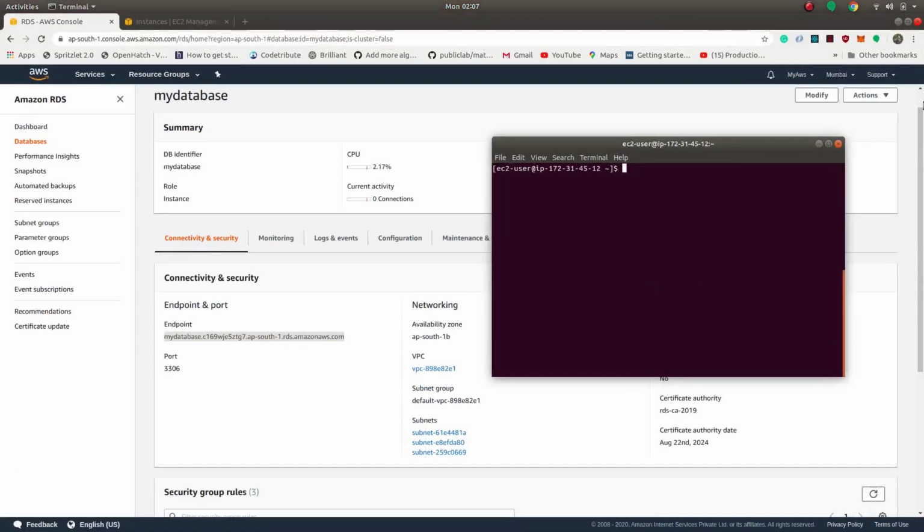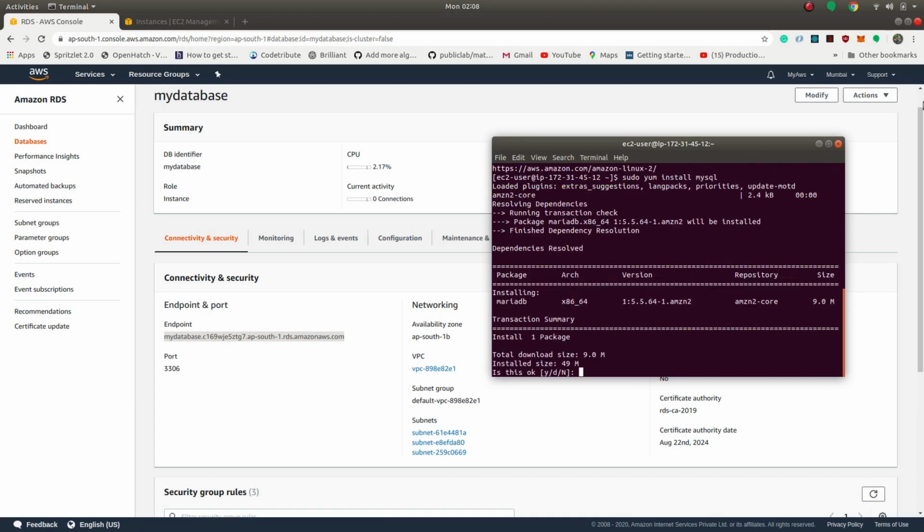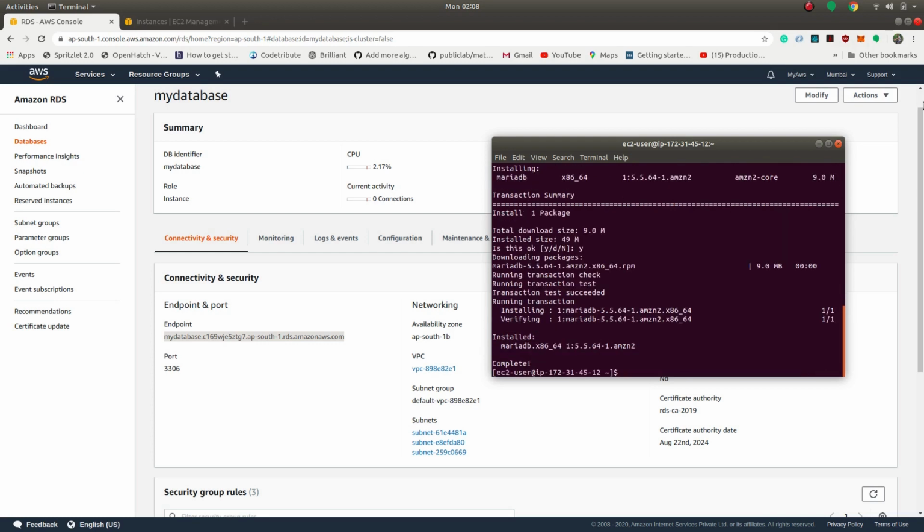Your EC2 machine may not have MySQL, so we'll install MySQL in our EC2 machine. For this we'll use the command sudo yum install mysql. So MySQL has been successfully installed.